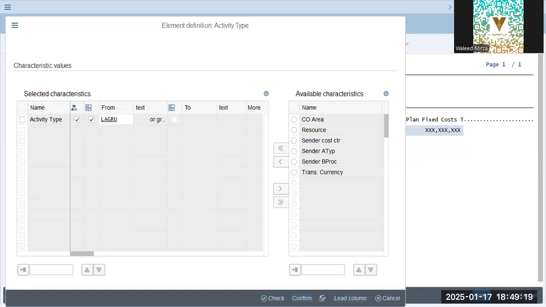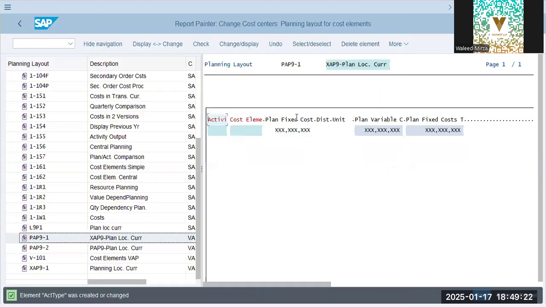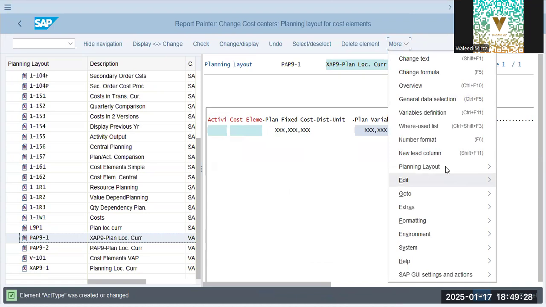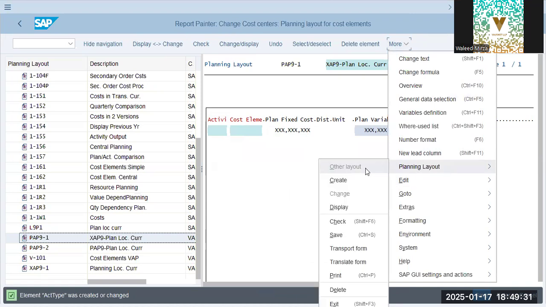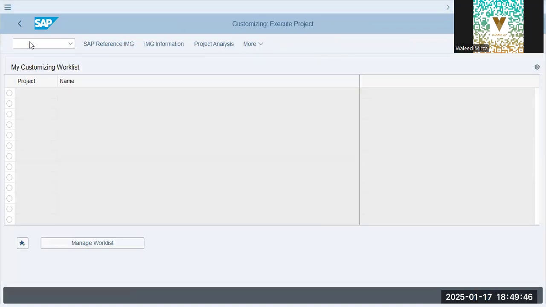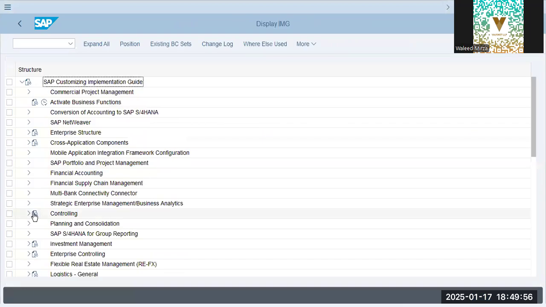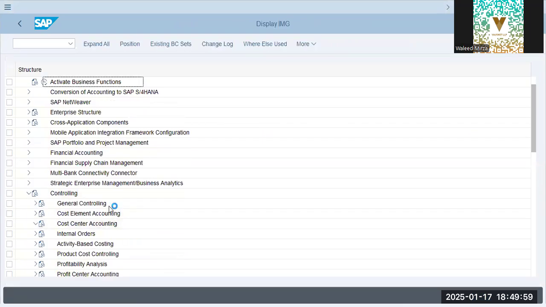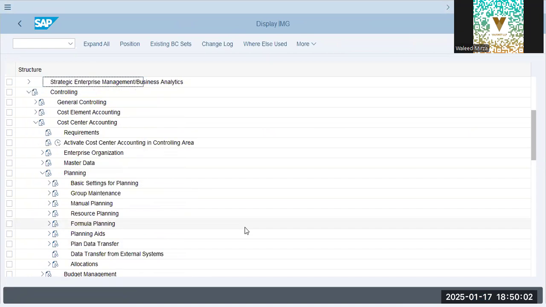And now SPRO. Cost center accounting, planning,